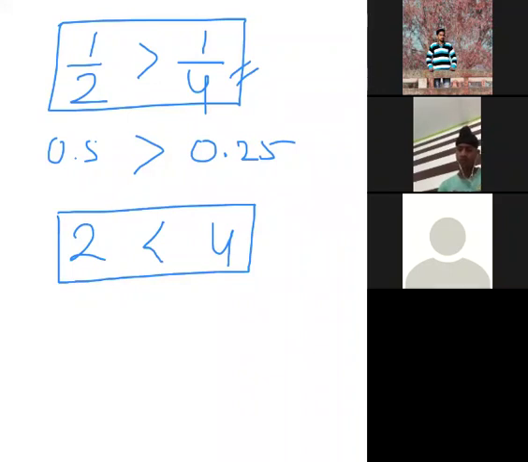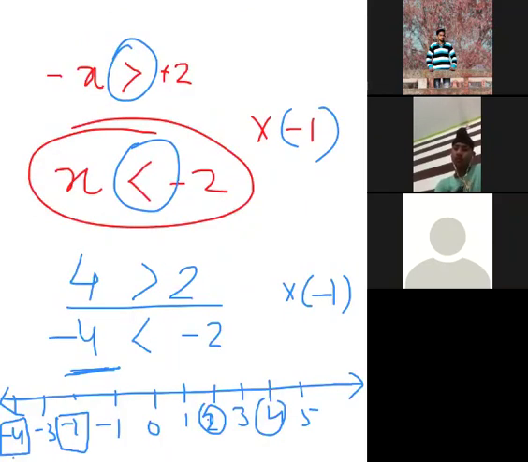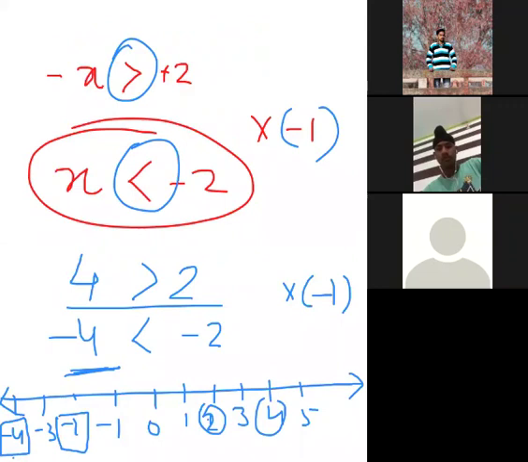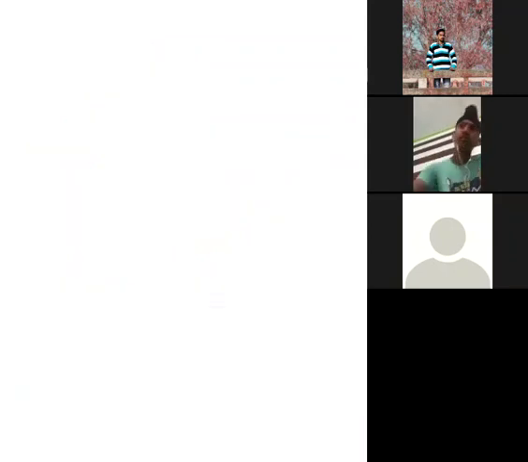So if we are taking the reciprocal on one condition, then the inequality symbol will get changed, as well as if we are multiplying by -1 on both the sides. In these two situations, we need to remember that the inequality symbol will reverse. Only these two conditions we will be using in the further questions. Now the exercise is really very easy. Don't get confused with these things. It's really a wonderful and easy exercise.